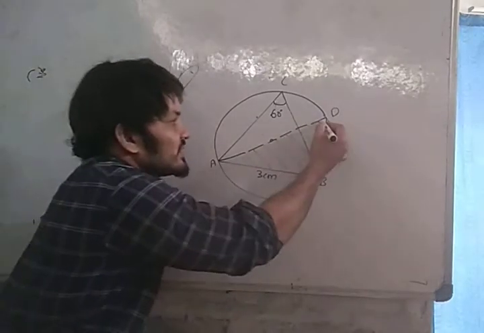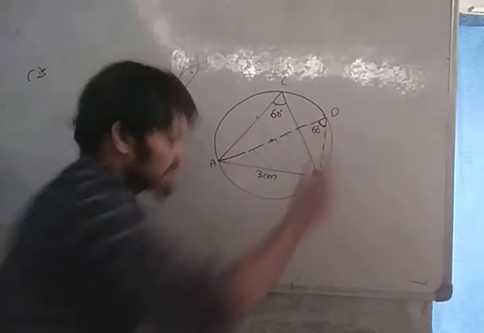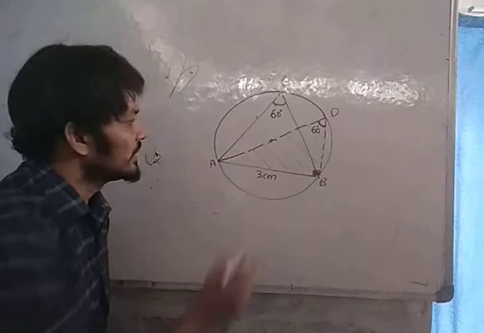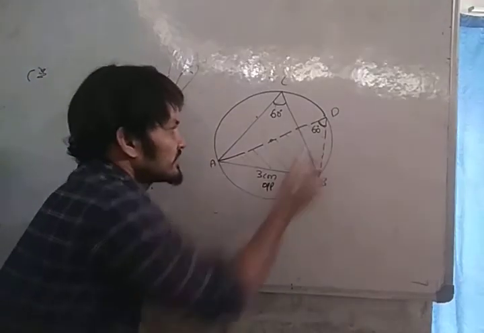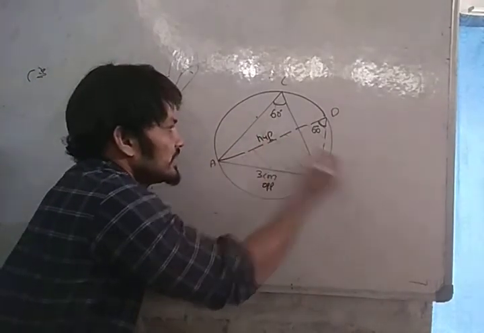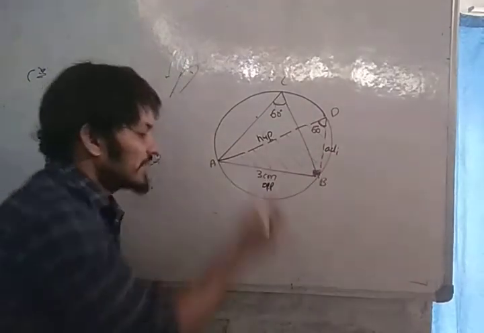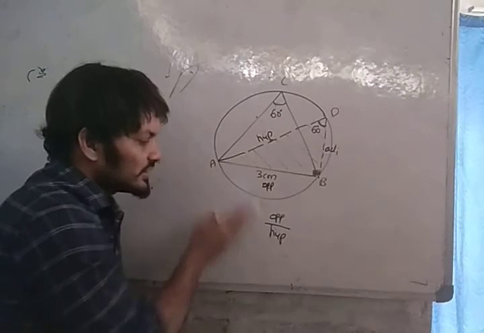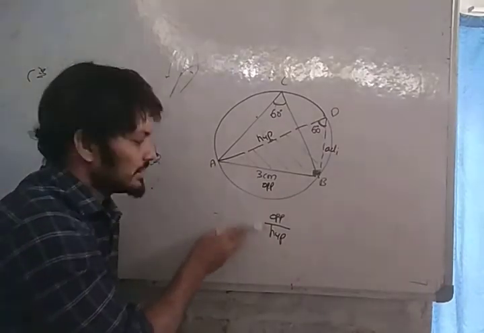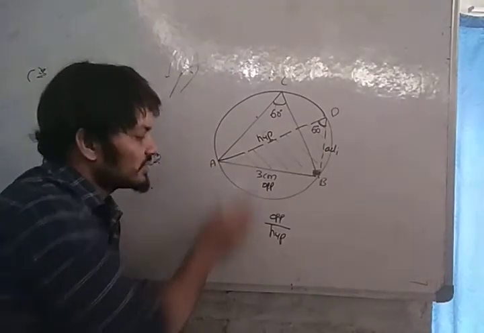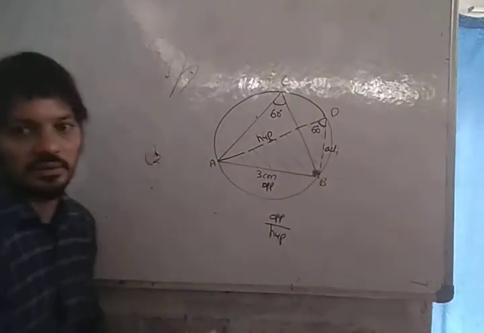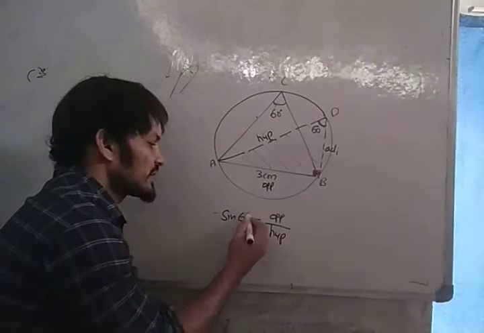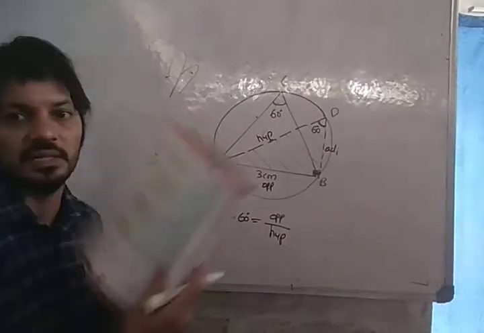So here 60 degree means here also 60 degree. Here, look, this angle's opposite is this. This is the hypotenuse. This is the adjacent. We have to find the hypotenuse, but you know the opposite. What you know, that you have to take. Opposite you know and hypotenuse you have to find. Don't take the help of adjacent. This is known as sine. Sine 60 degree.